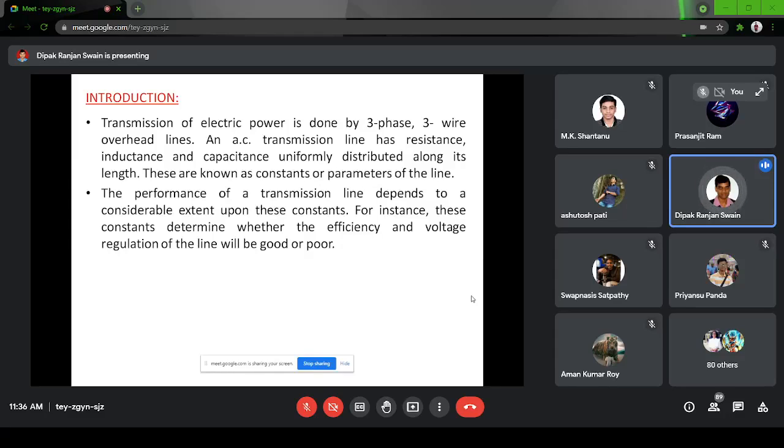So if I am talking about a transmission line, let us say from Hirakud to Cuttack or Hirakud to Bhubaneswar, which is around 350 kilometers distance, all these parameters that you will be calculating will be distributed uniformly throughout the transmission line. So there are two ways of using them in your calculation or in your equivalent circuit. One is called the lumped parameter.